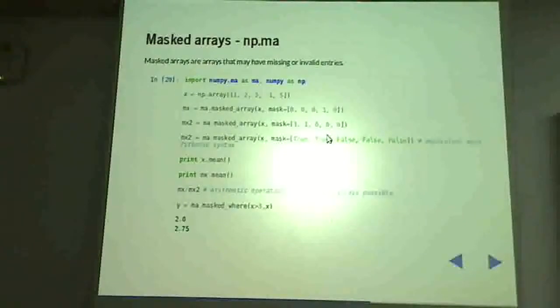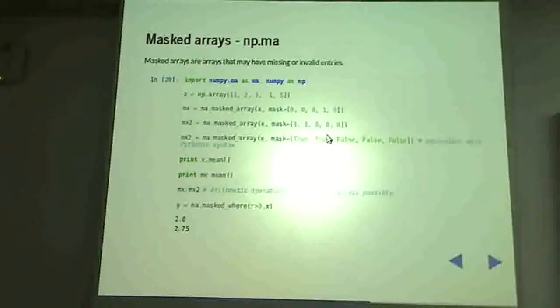Okay. So for example, if you divide two masked arrays, where both arrays are unmasked, the corresponding elements are unmasked, it will do the division. Where one of them is masked, so therefore it can't get a valid answer for the division, it will mask that particular value. Okay. You can also use the masked where function, which is like the where function in NumPy.